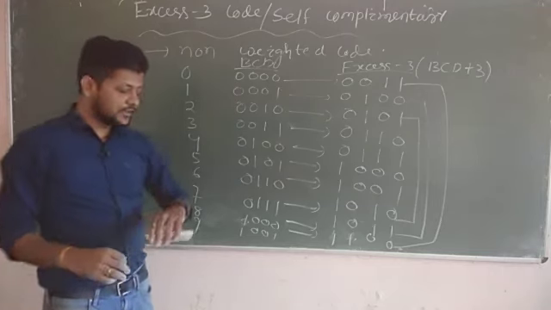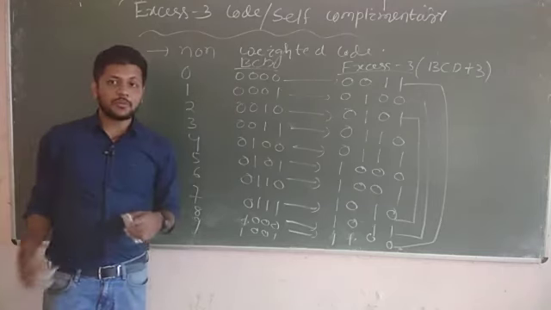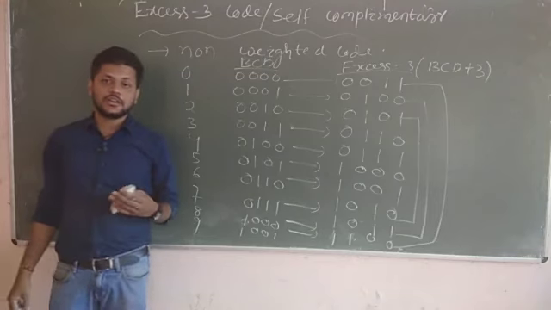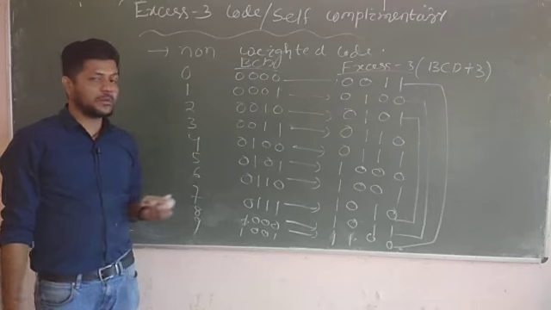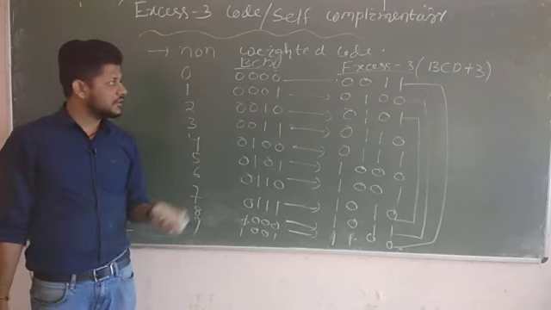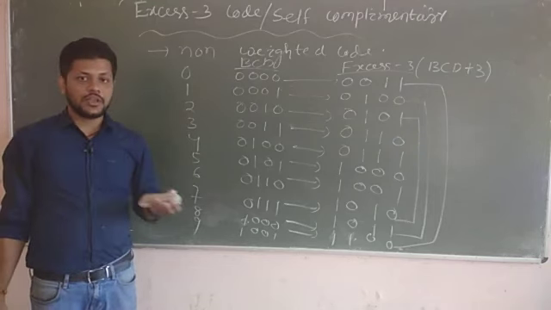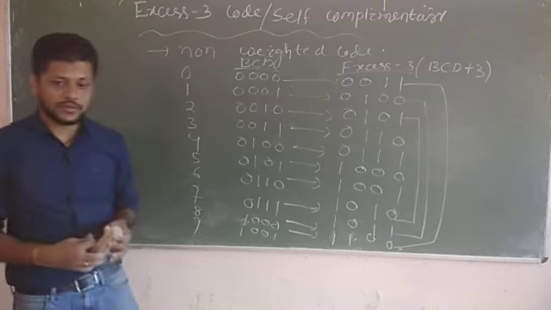So thank you. In the next class we will see sum of product, product of sum, and the canonical form of Boolean algebra. So this is the end of your number system. So please revise. This is very easy and we can easily solve it in your semester examination. So thank you.